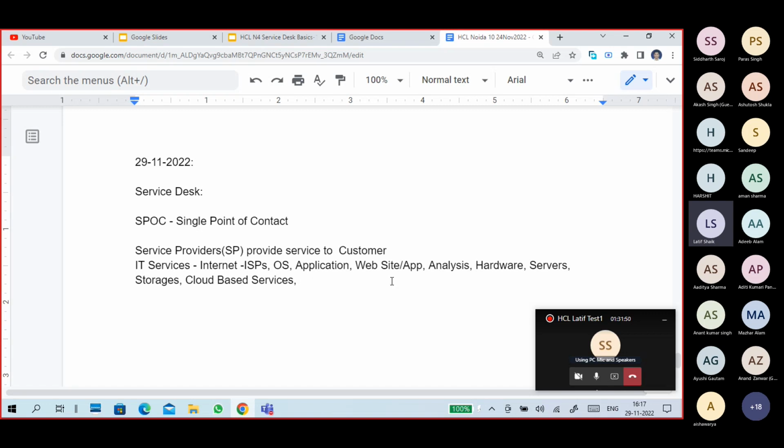Just before we take attendance, that is Microsoft Office 365. That is also a cloud-based service, software as a service, platform as a service. Like when you access virtual machines from the cloud, that is infrastructure as a service. So we are accessing different types of cloud services.